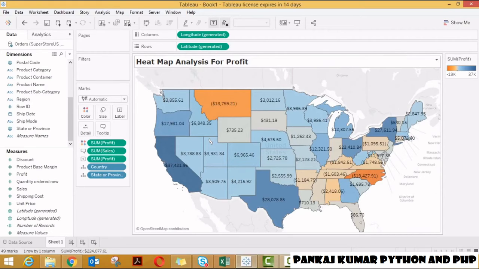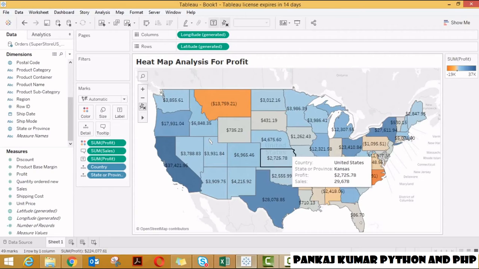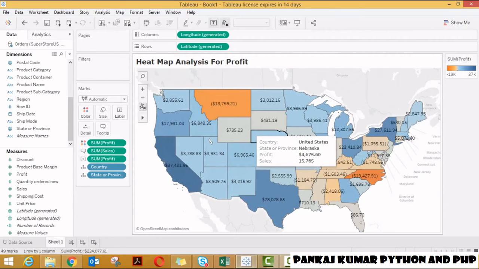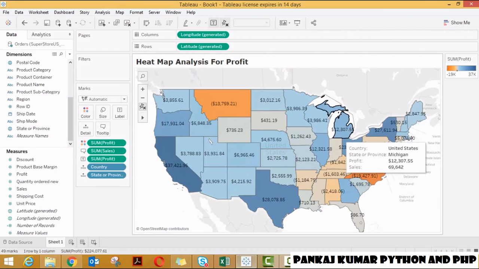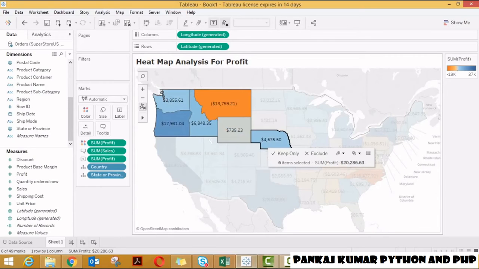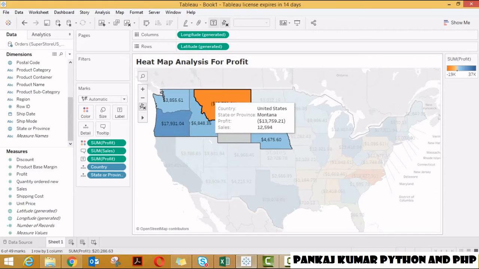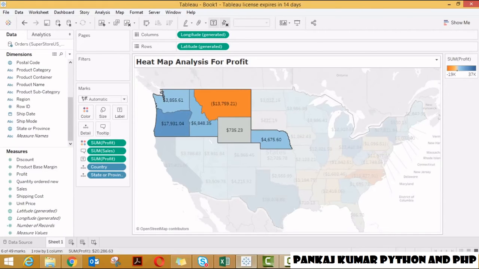Okay, so guys, now let us look at the interactivity. Here I have all the multiple states in the US and their respective profits. Now I want to visualize only a few states and disable the rest of the states. So what can I do here? I have options. This is my selection criteria. Either you can go for rectangular, circle, or lasso. So let us look at any one of them. So guys, here I just want only these states. I just want to visualize these states. So I have selected using the lasso. I have selected these areas or these states, and all the remaining states are disabled.